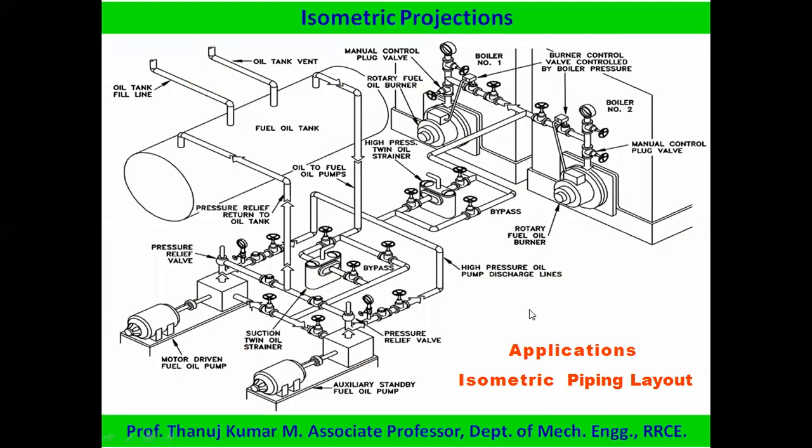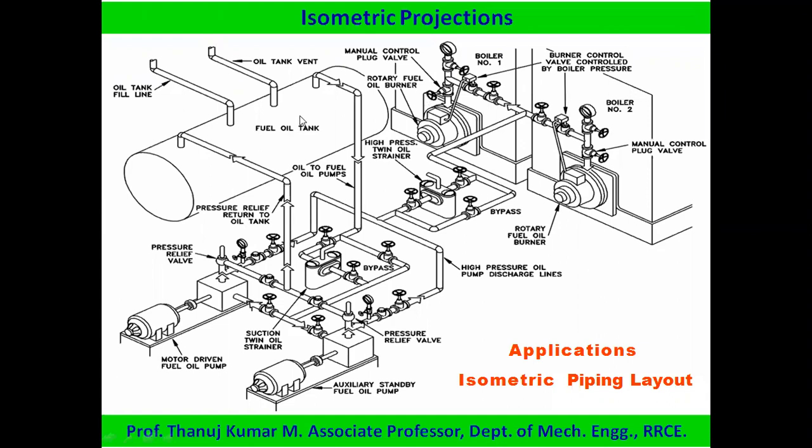Similarly, this is also majorly used. Isometric projections are majorly used in piping layouts. In piping, you can see there are lots and lots of components. Especially if you talk about Kuwait, Arabic countries and all, where they talk about the pipes, where petrol will be sent from the petrol wells to the different parts of the factories. Okay, so here you can see there are a few containers.